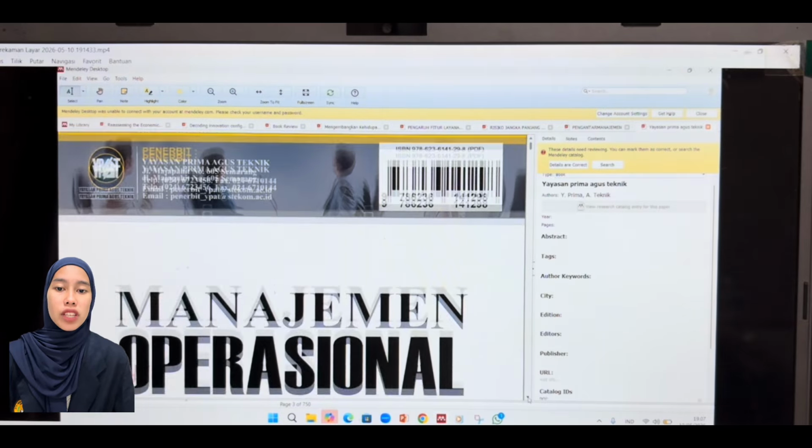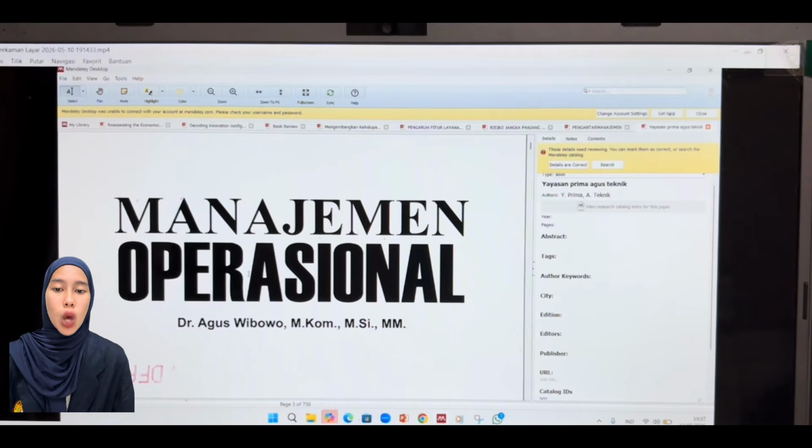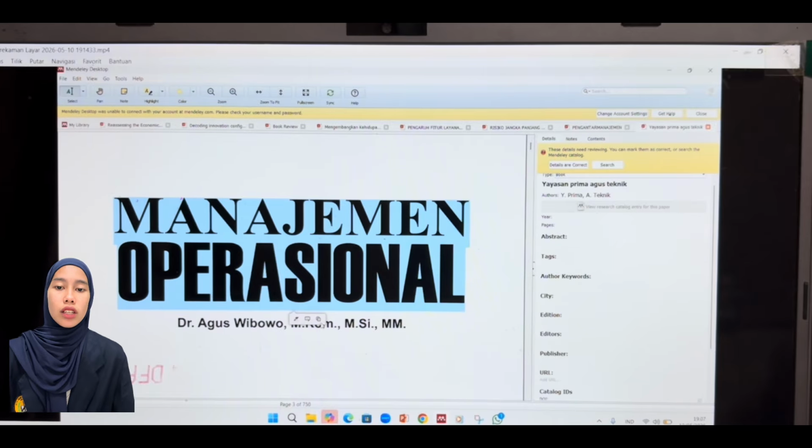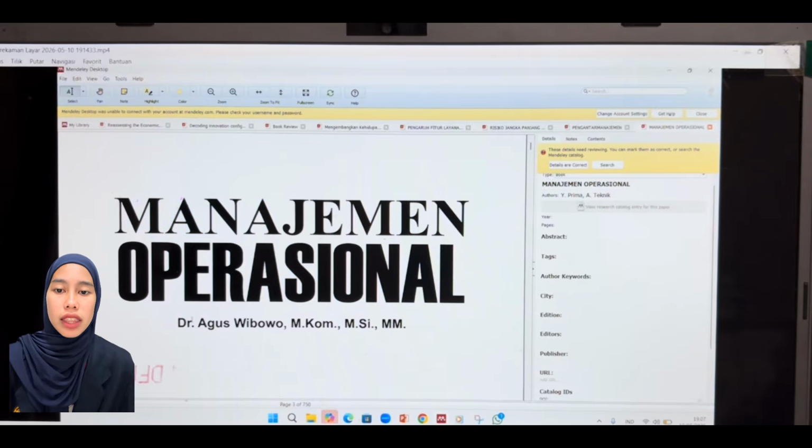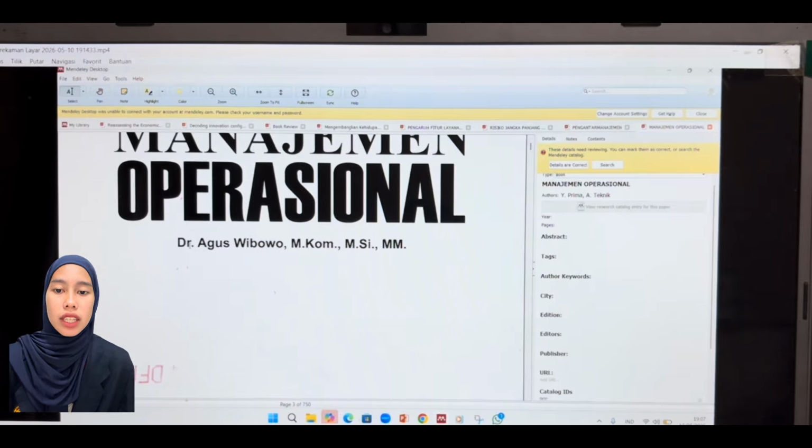The first method is to download only the metadata. Look for an export or cite button on the website. Then choose the RIS or BibTeX format.